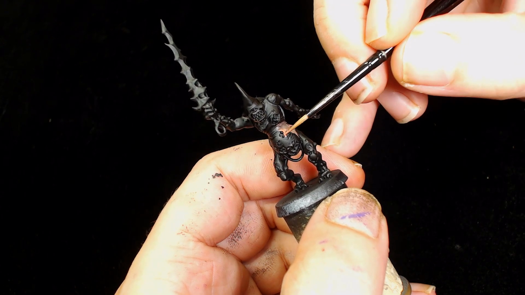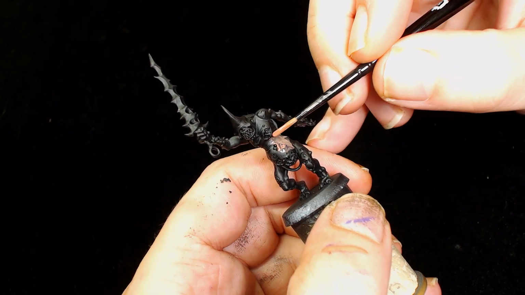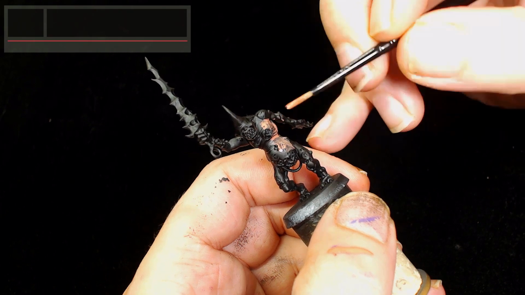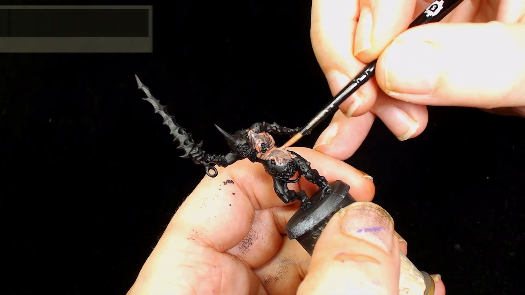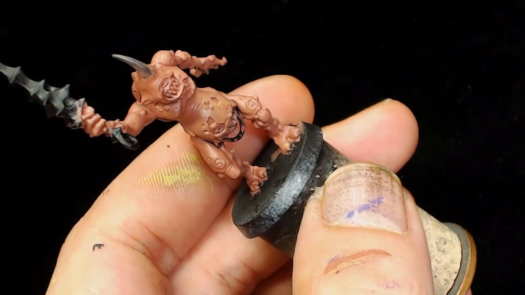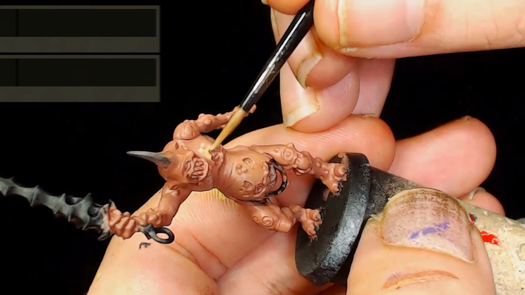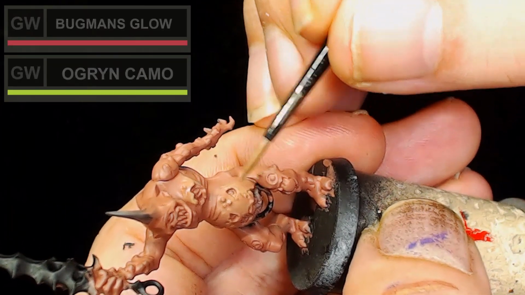So, Plague Bearer number 1, we have started with a Vallejo's Black Primer, and we are going to add Games Workshop's Bugman's Glow over the top of that. That's going to take a couple of layers, obviously. Next up, we're going to add Games Workshop's OGRYN CAMO into the Bugman's Glow, and start highlighting those